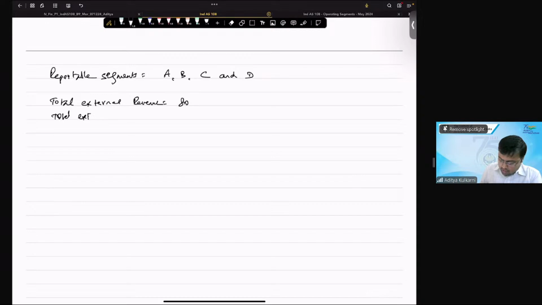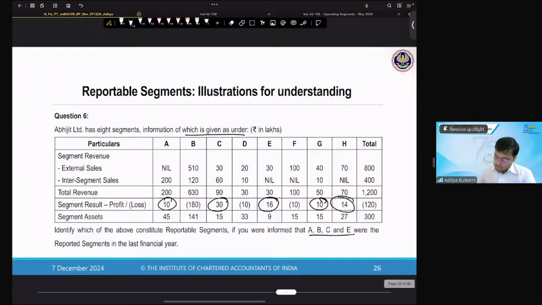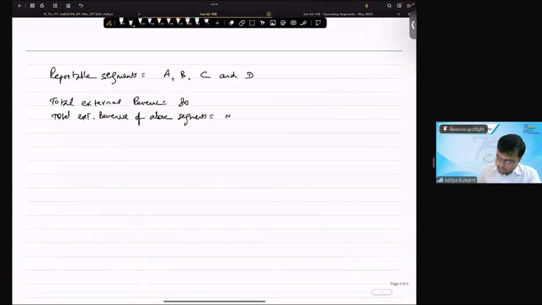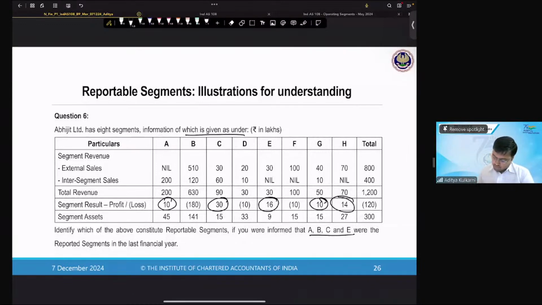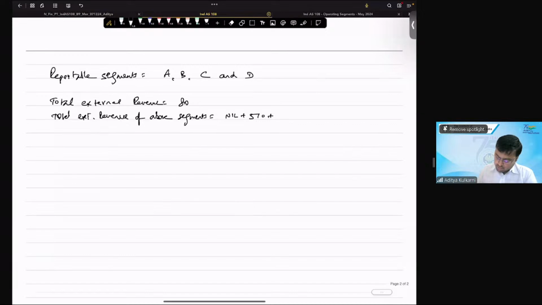Total external revenue of the above segments is equal to 0, 5, 10, 30, 20. Sir, you have written 80 instead of 800. Achha, achha, 510, 30, 20. So this comes to how much? 510 plus 30, 540 plus 20, 560. Therefore, percentage of external revenue,